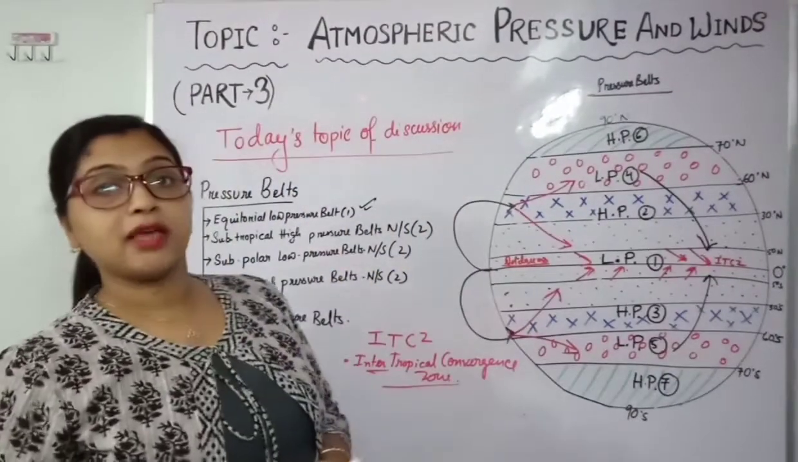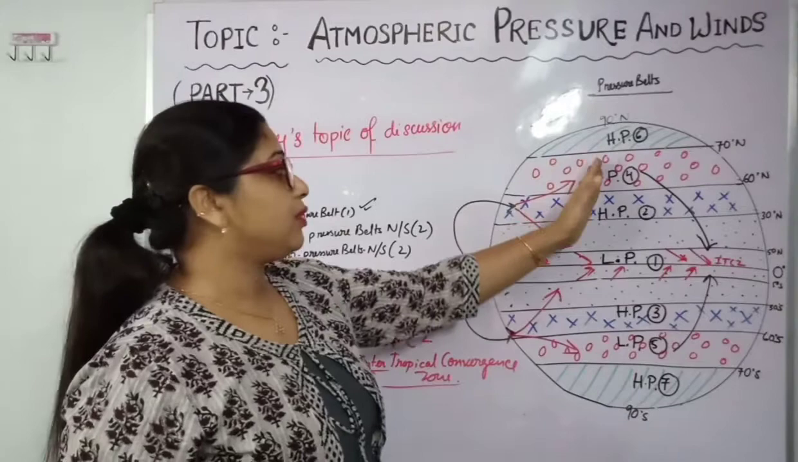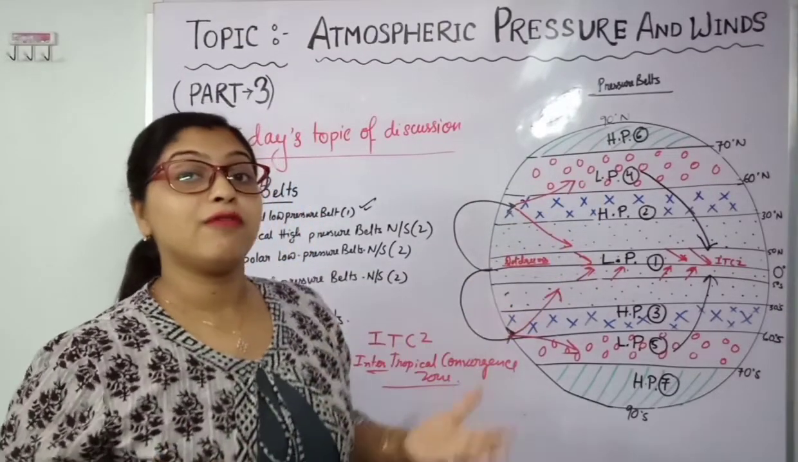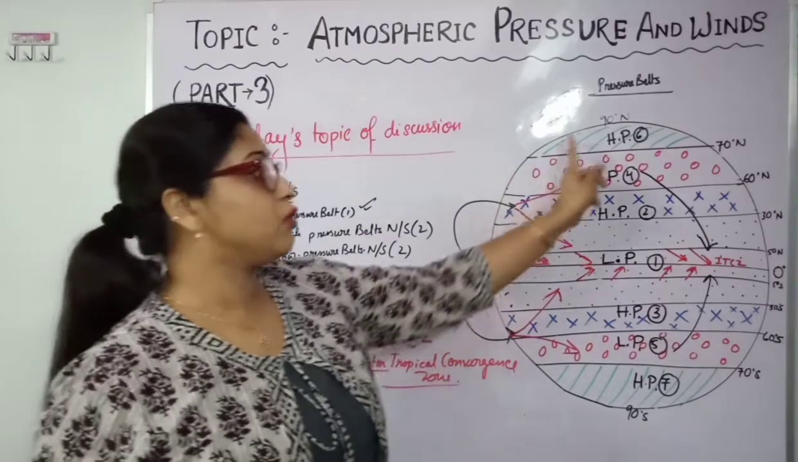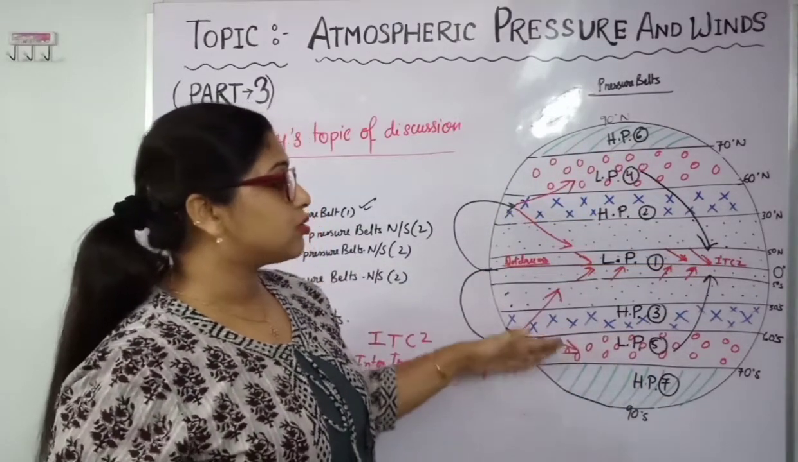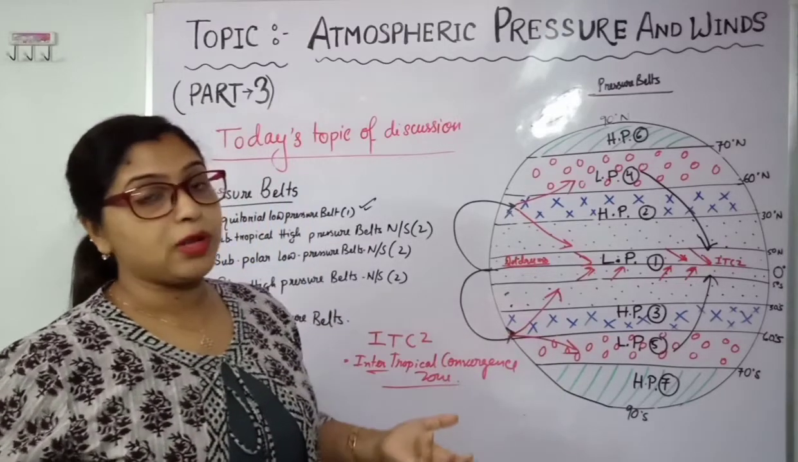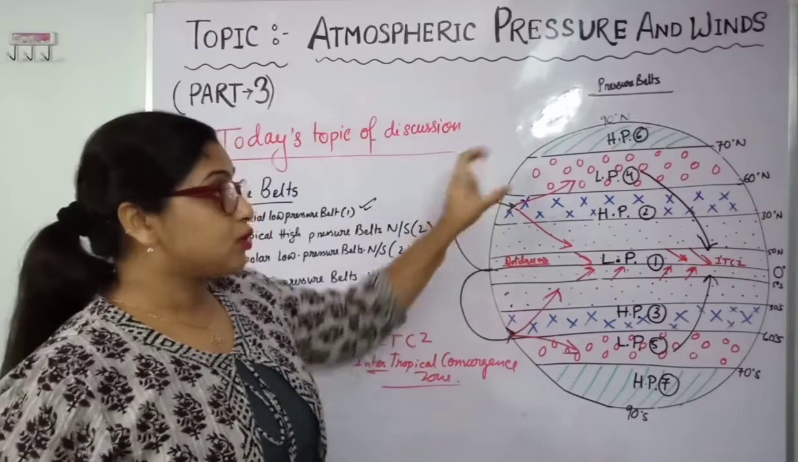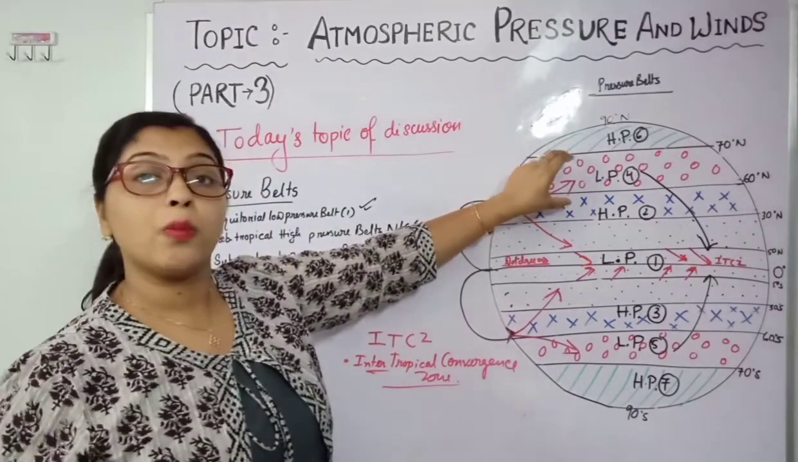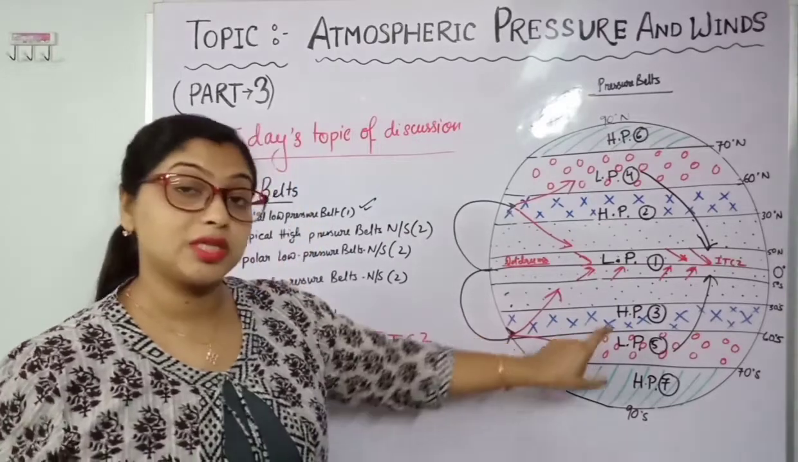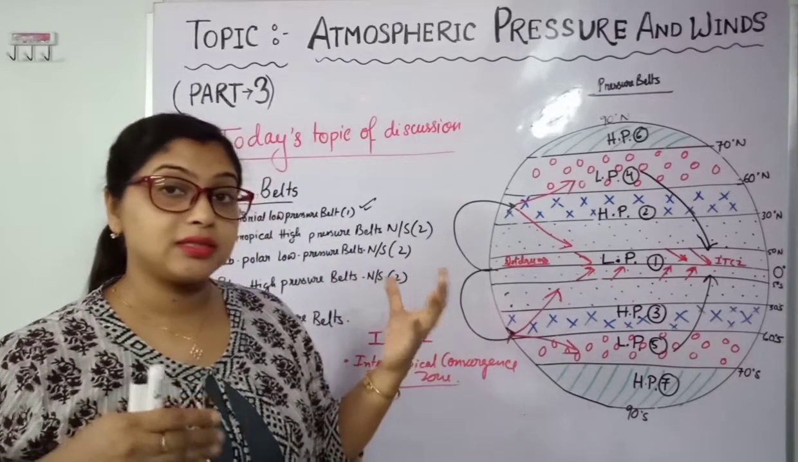In this case, we can see the wind which is blowing toward the southwest direction, by the influence of Coriolis force, will move toward the northeast direction. And in the southern hemisphere also, it will blow towards the equator. Okay, so that's why the low pressure formed within this latitude of 60 degree north and south